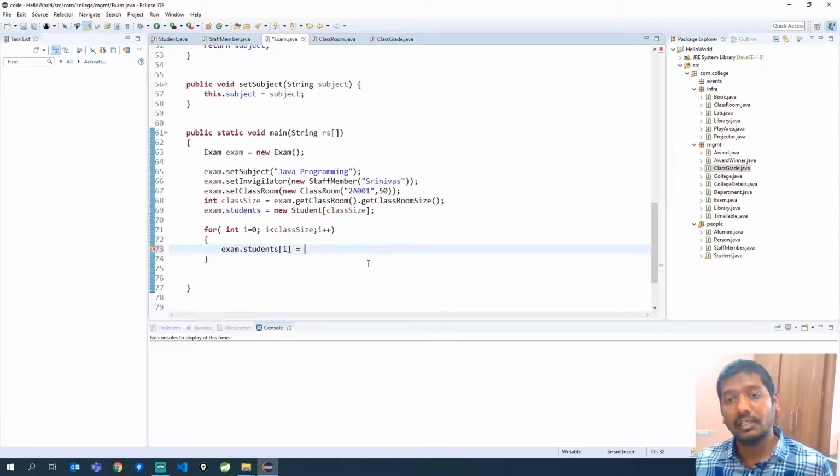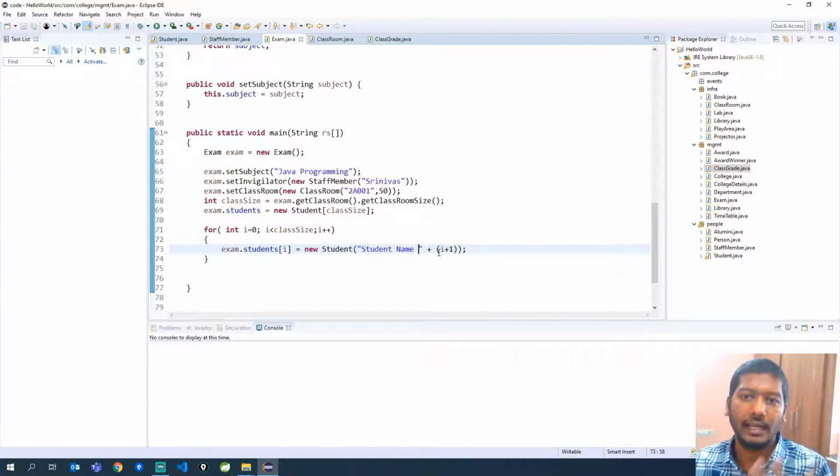So here in the loop, what we are trying to do, we will be creating a new student. So instead of giving some names, I am giving a student name plus I am giving some value here, i + 1, which means when i is 0, the actual value for i + 1 will be 1.